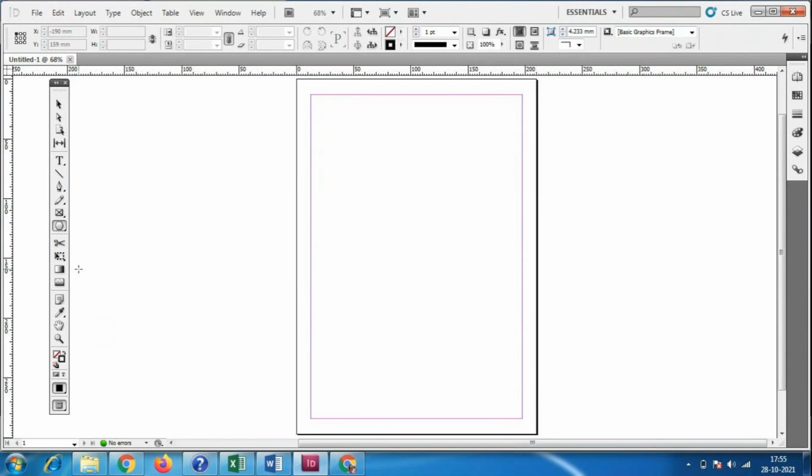And InDesign came to compete with CorelDraw. CorelDraw has been established from the past, from 20 or 30 years before. CorelDraw is separate, it is not from the Adobe company.